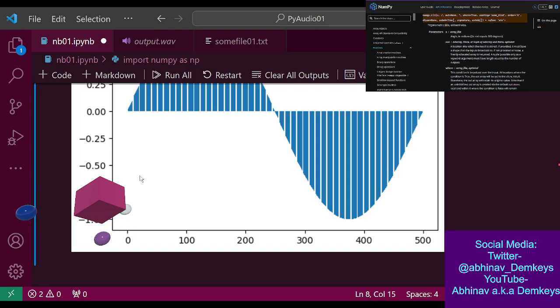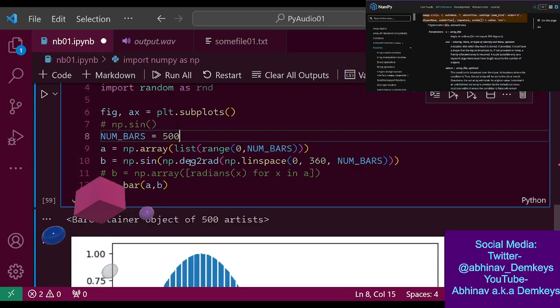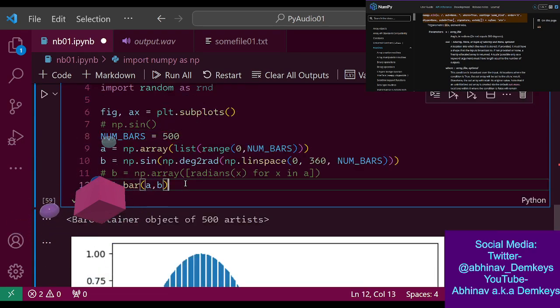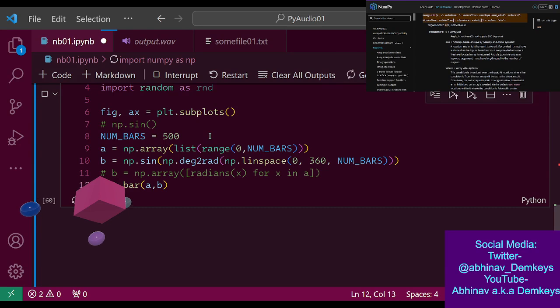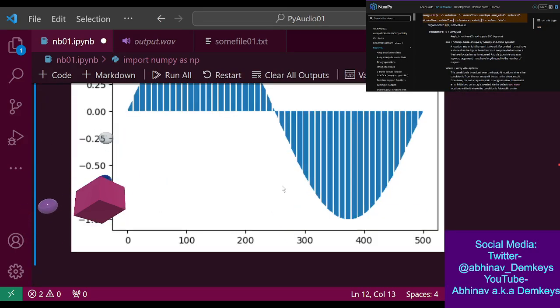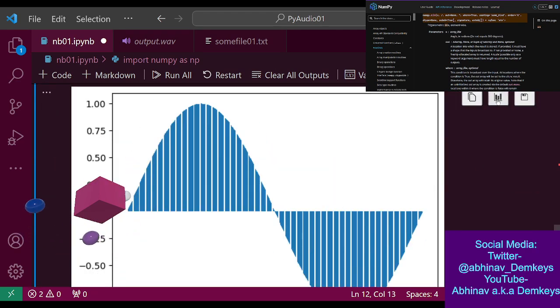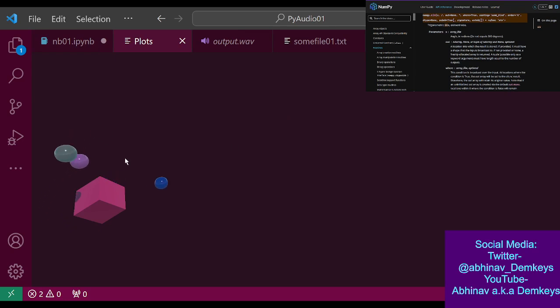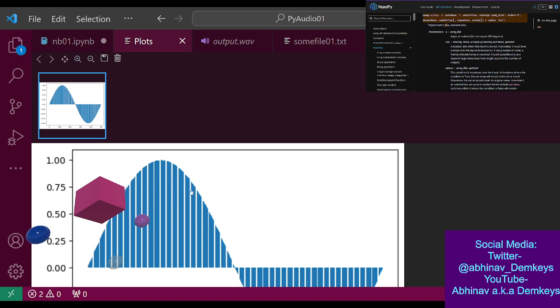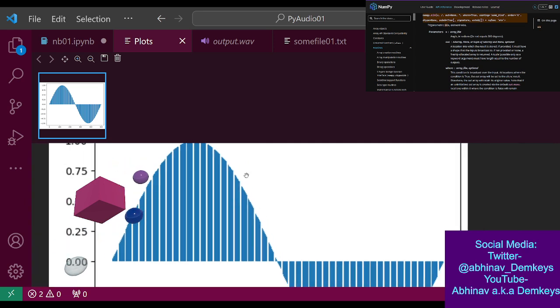This doesn't look like 500 samples. Why am I not seeing 500 samples? Let's run that again. Oh, is it being squeezed down? I think that might be the reason. If I zoom into it, oh, you know what, we can zoom into it, because fortunately I have a mouse now that has a working scroll wheel. Let's try zooming into it and see if we are able to see anything. No, it's a rendered version of it.